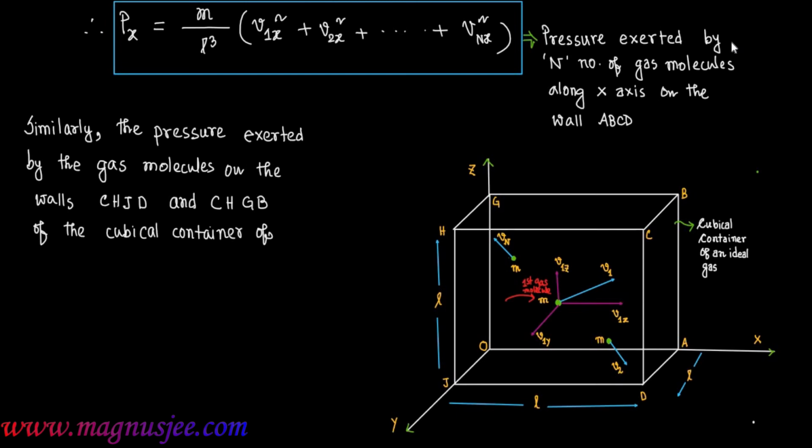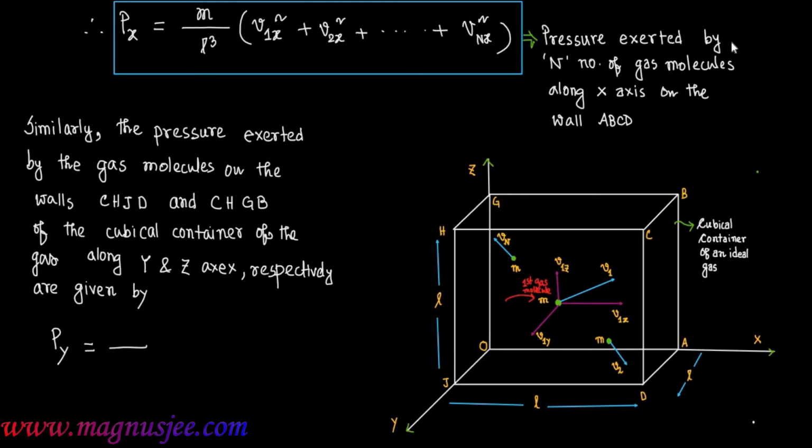In this case, CHJD and CHGB are the walls which are perpendicular to y-axis and z-axis, and the pressures exerted by the gas molecules on the walls CHJD and CHGB are given by Py